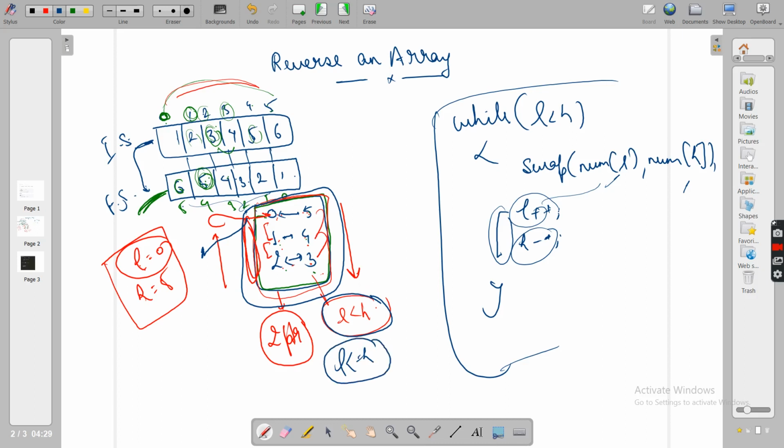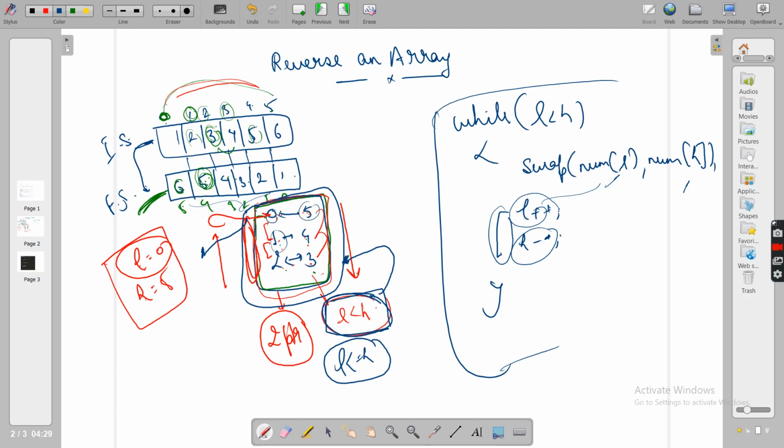But we just got this L less than H hint from the answer space we saw, that L was always less than H. It never became equal to or greater than H.